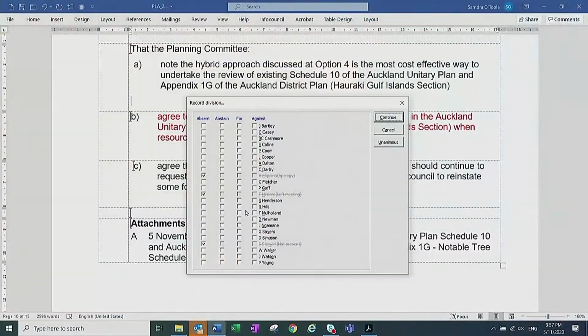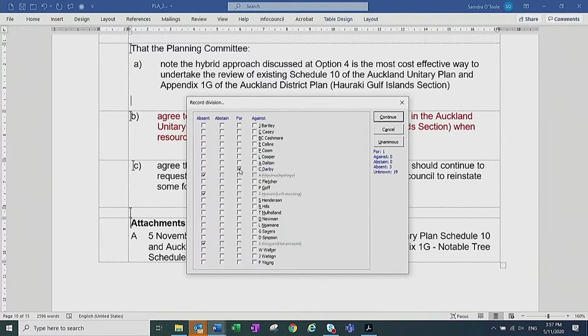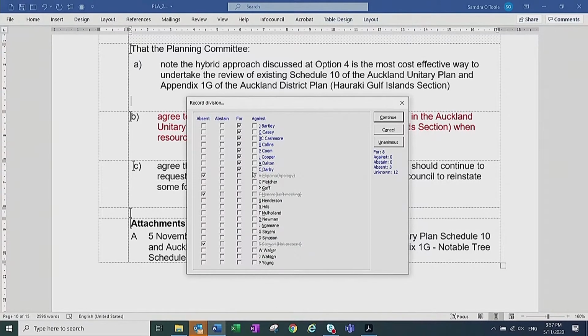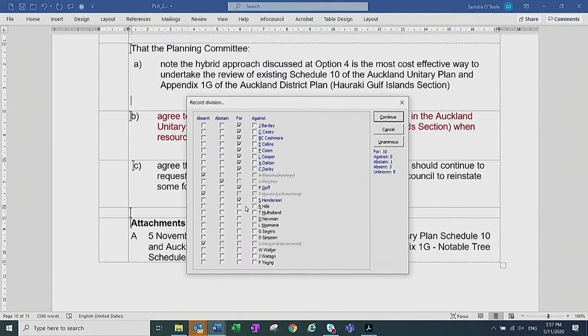Thank you, members. You're voting on A. Councillor Darby. For. Councillor Bartley. For. Councillor Casey. Yes. Councillor Cashmore. Aye. Councillor Collins. For. Councillor Coombe. Aye. Councillor Cooper. Aye. Councillor Dalton. Aye. Councillor Fletcher. Mayor Goff. Aye. Councillor Henderson. For. Councillor Hills. Aye.